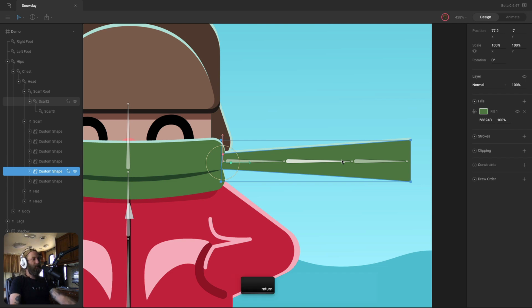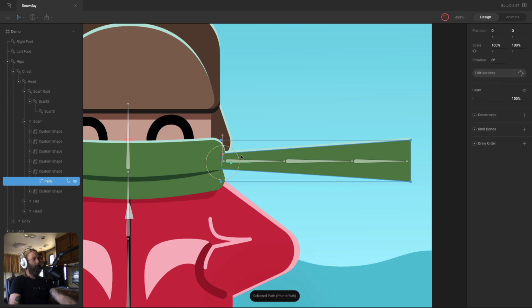And to bind your bones, you're going to need to go to the path layer. So with the shape layer selected, I just hit enter, and now I've got the path layer selected. And you can see the bind bones option appears here in the inspector. And we'll click the plus button and select the bones and just continue to repeat that until we have all the bones that we want bound to it. So now all of these bones are available to weight the different